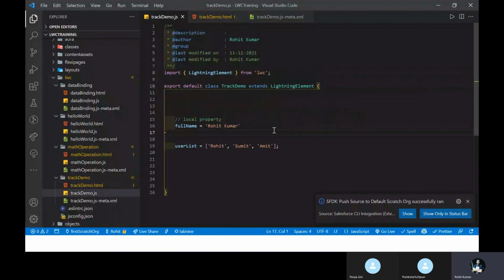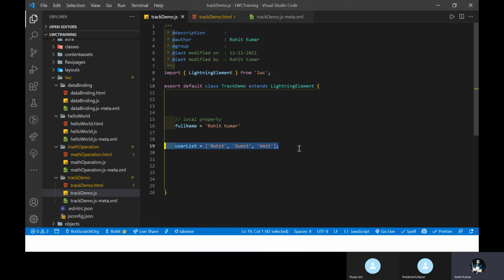Just go back here, and under the array you can see my array. Or we can say, let me remove this array first. For example purposes, let me define one object like details: name Rohit, age 25, city Bangalore, something like that, or anything you want. You can define it, otherwise leave it as it is.